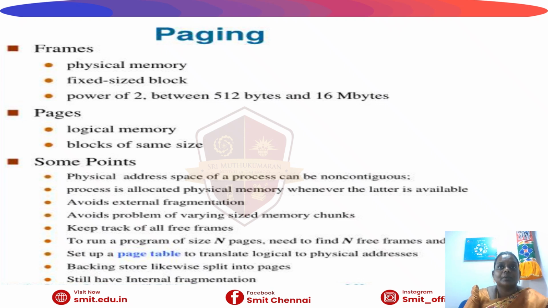The logical memory, which is generated by the CPU, is divided into pages, and the physical memory, RAM, is divided into frames. The page size is the same as the frame size. For example, if the page size is 1 KB, the logical memory pages are divided as page 0, page 1, page 2 and page 3, and the physical frames are frame 5, frame 2, frame 8 and frame 1. The pages can be stored in any free frames. The main advantages are that it eliminates external fragmentation, gives efficient memory allocation, and supports virtual memory.